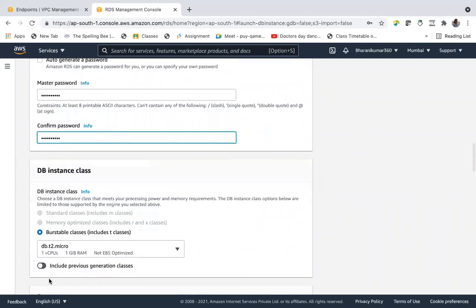And DB instance class. By default it's the burstable class, and our database instance is running on t2.micro. It shows what operating system, how many EBS, and that it's not EBS optimized. We need not bother about all these things.